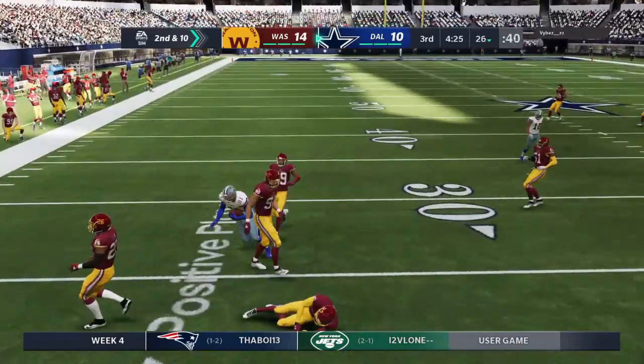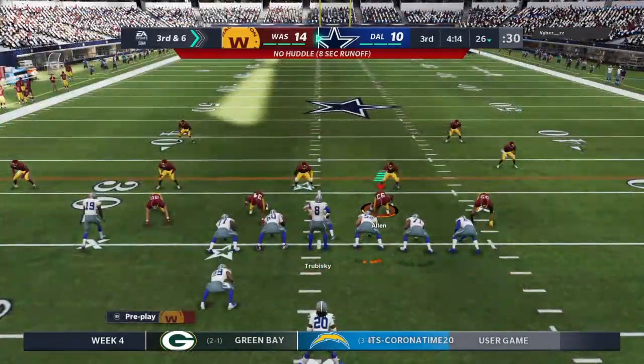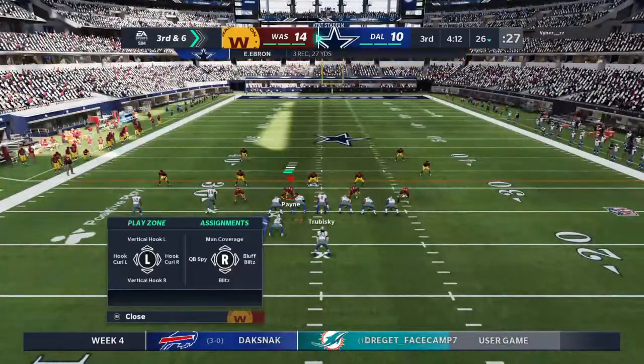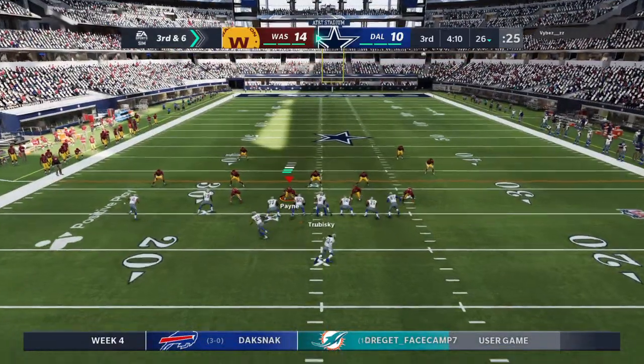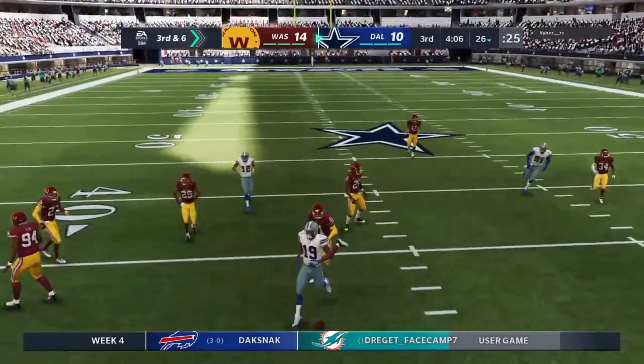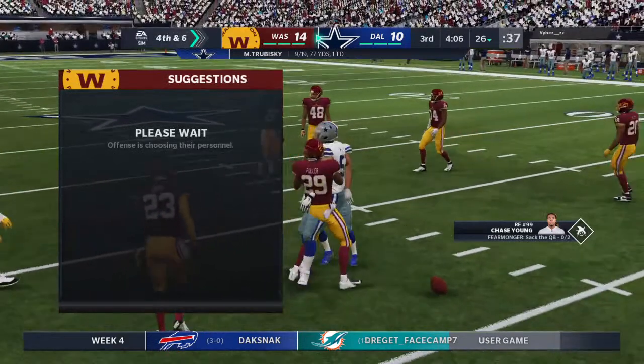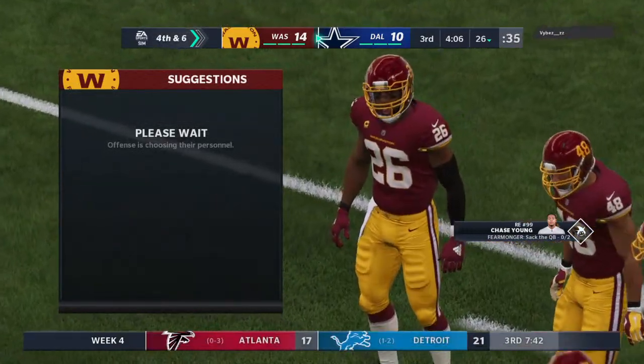Now the pass finding its way into the hands of Eric Ebron. 4 yards the gain, and it'll bring up a 3rd down. A gain of 4. Brings up 3rd and 6. Now Trubisky to throw. Oh, he can't hang on to it. Almost intercepted. They would have loved the first pick of the game there, but at least it does get him